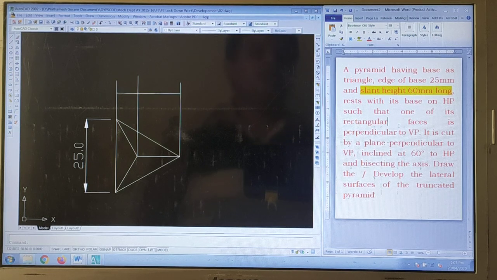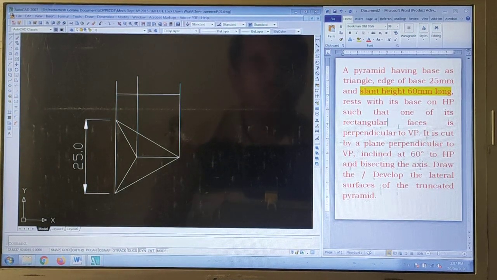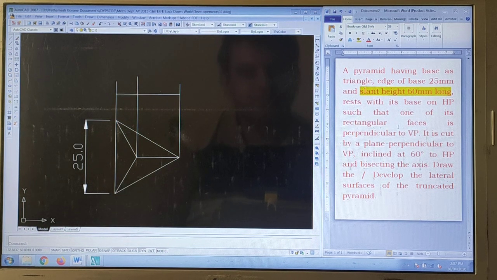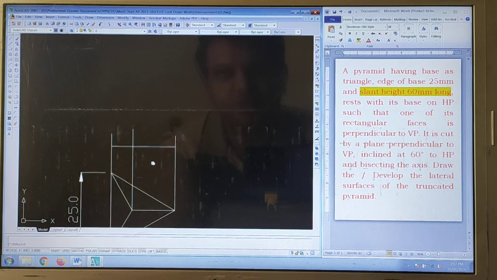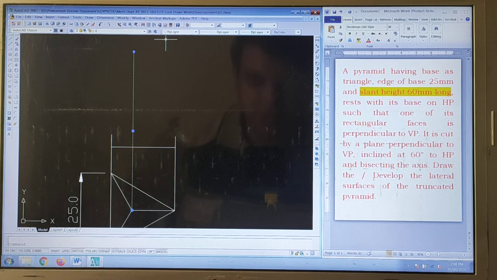The slant height of this particular pyramid is 60 mm long. Are you getting me? So if you need to mark this slant height, that needs to be cut on this particular vertical axis, isn't it?